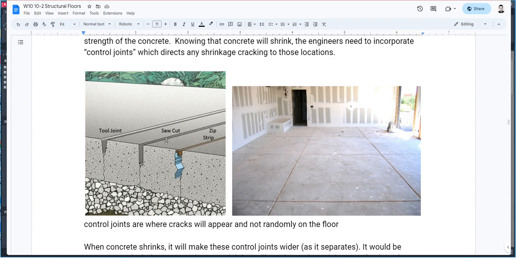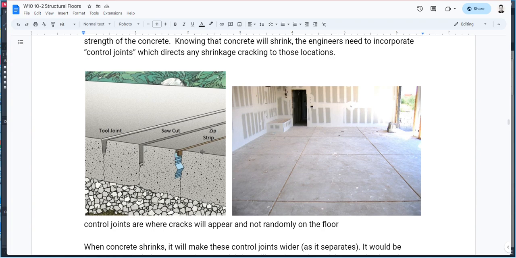And these control joints will actually locate where the cracks will happen. So you're like forcing the concrete to crack at these specific areas or lines. Okay. You could get a saw and cut the concrete, or you could put a material